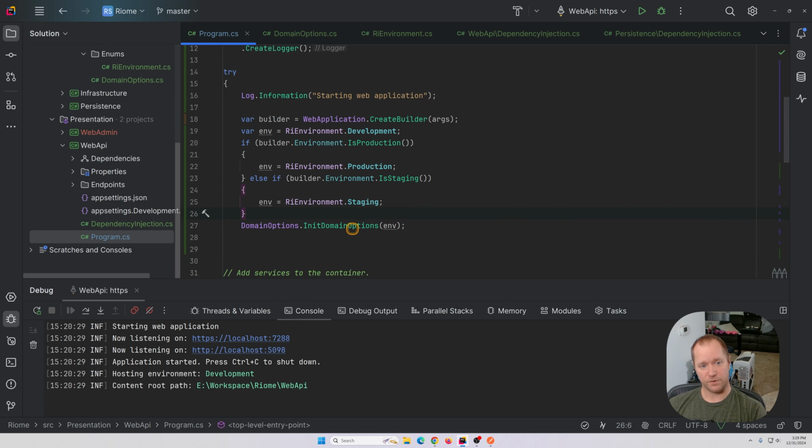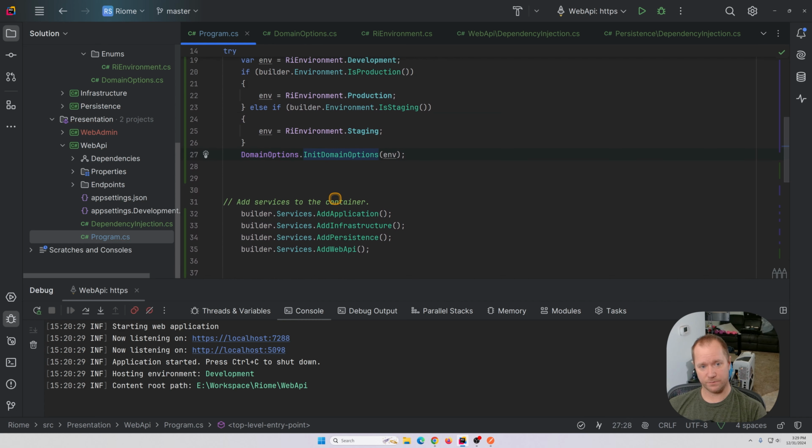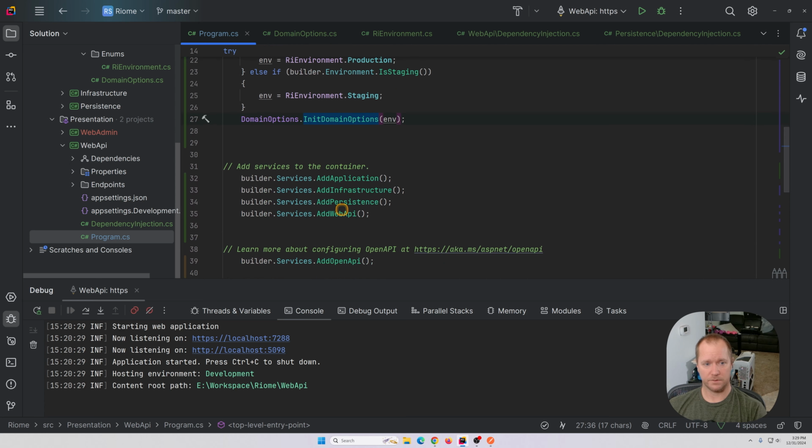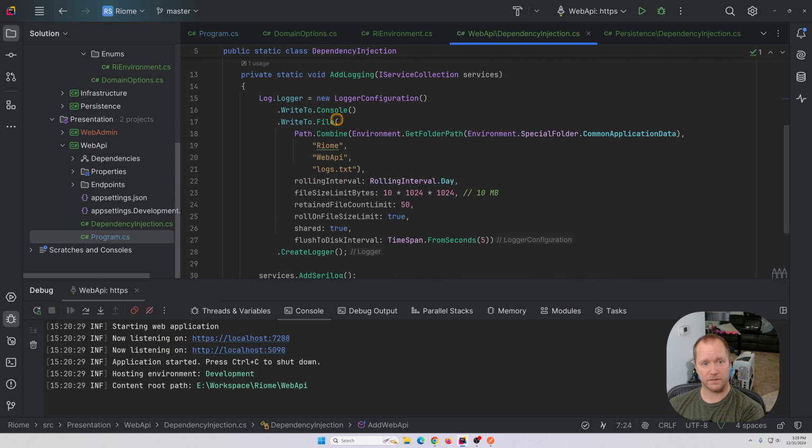There. So now, everything after this, which of course is all of our service registration, now knows what environment we're on. And we can use that for our logging. So let's go to our logging. Because what we can do in here now